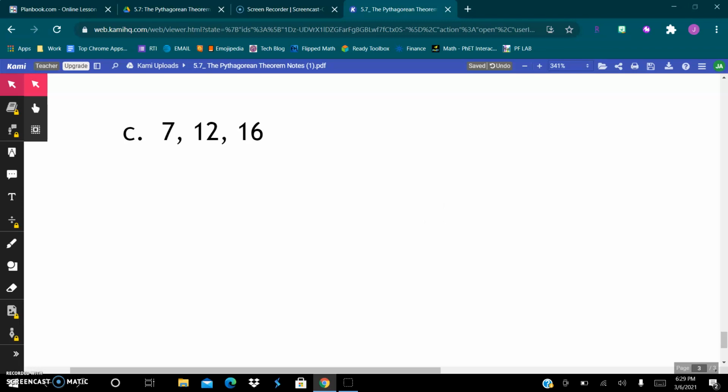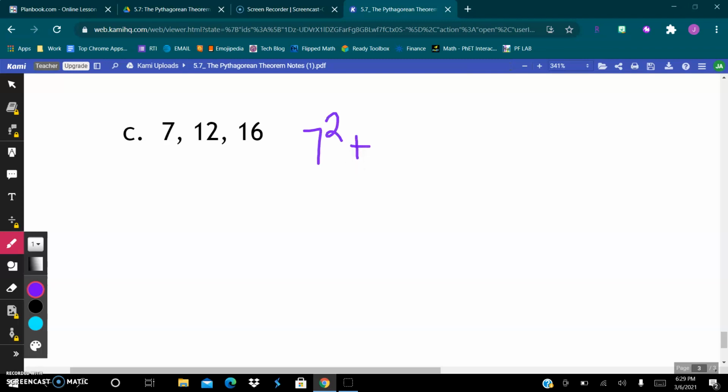So for this one, 7 plus 12 is 19. 19 is larger than 16. So 7 squared plus 12 squared equals 16 squared is going to be 93